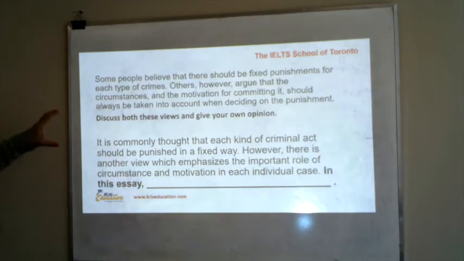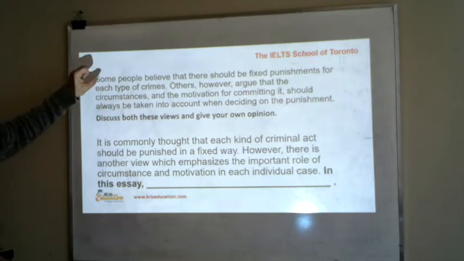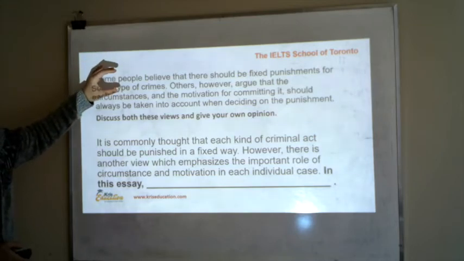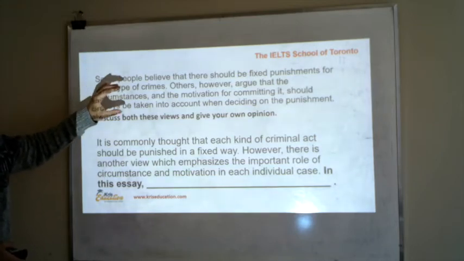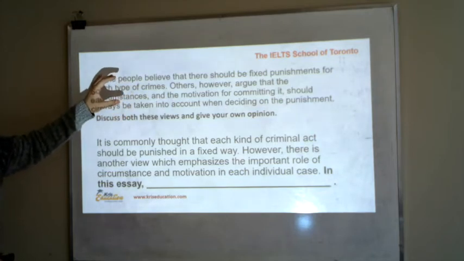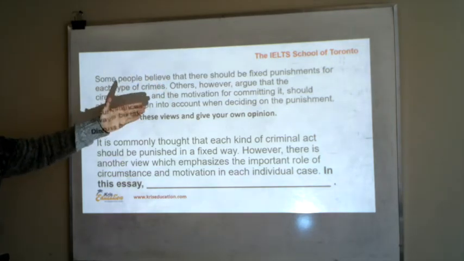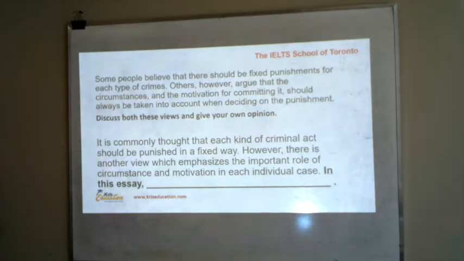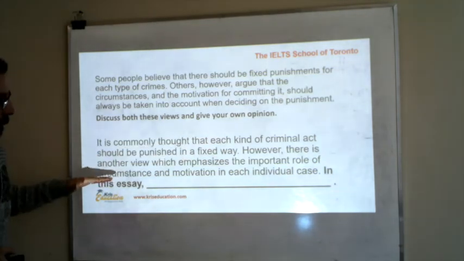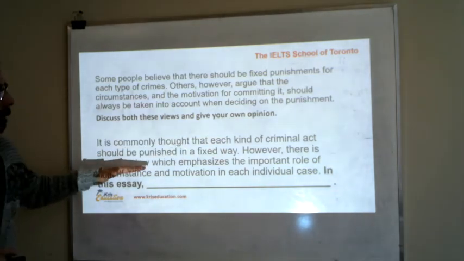What happens in IELTS is, if you have a discussion essay, you are usually given 2 sentences, and each sentence introduces you to a point of view. The 2 points of view are very often opposing, contradicting each other. In this case, we've got fixed punishment versus the importance of motivation and circumstances. And as we always have 2 opposing views, you can use a sentence like this: "However, there is another view which emphasizes